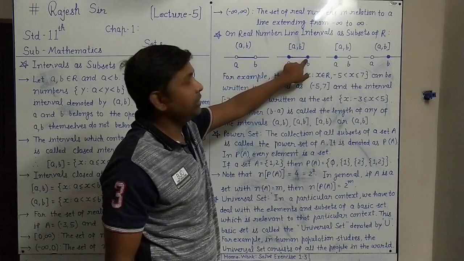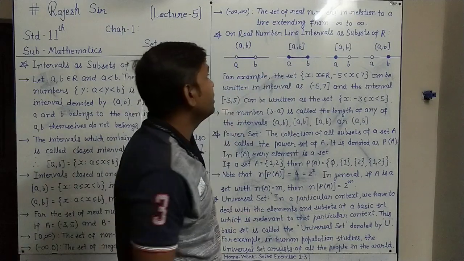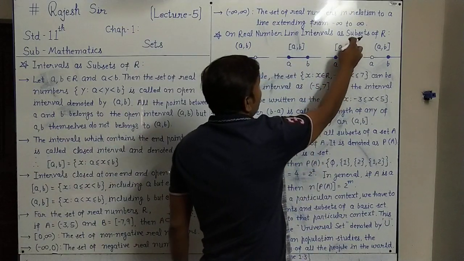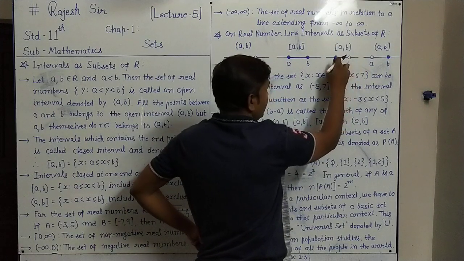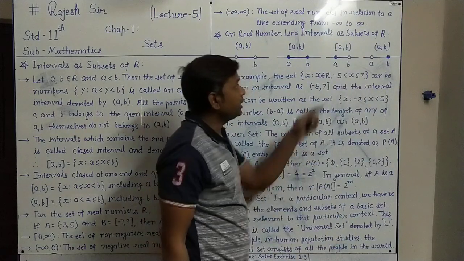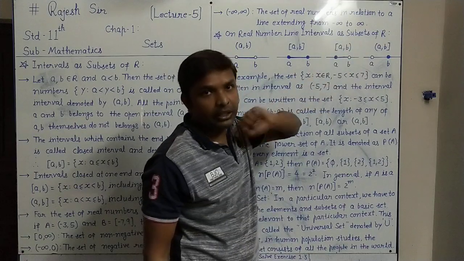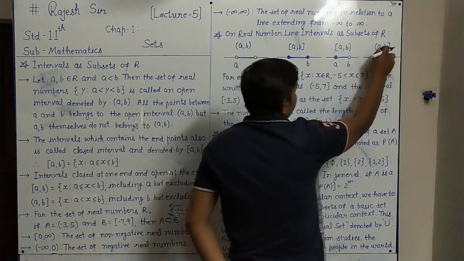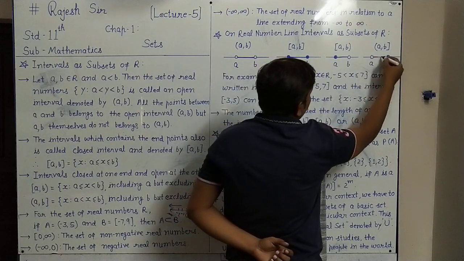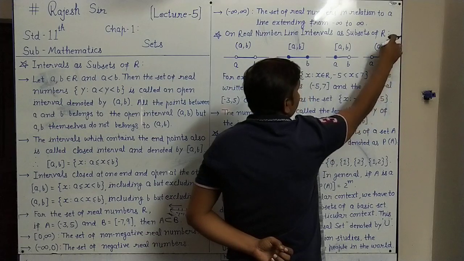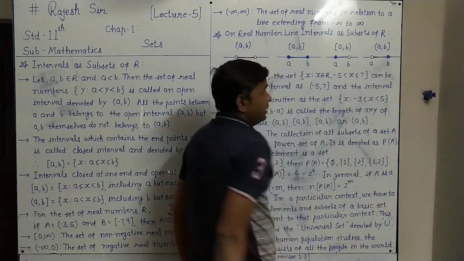So it is filled. A and B are also included in this interval. In the closed A, open B interval, that means all the numbers between A and B as well as A, but not B: including A, excluding B, and all the numbers between. In the open A, closed B interval, the B side is closed, but the A side is open, so A is excluded here.